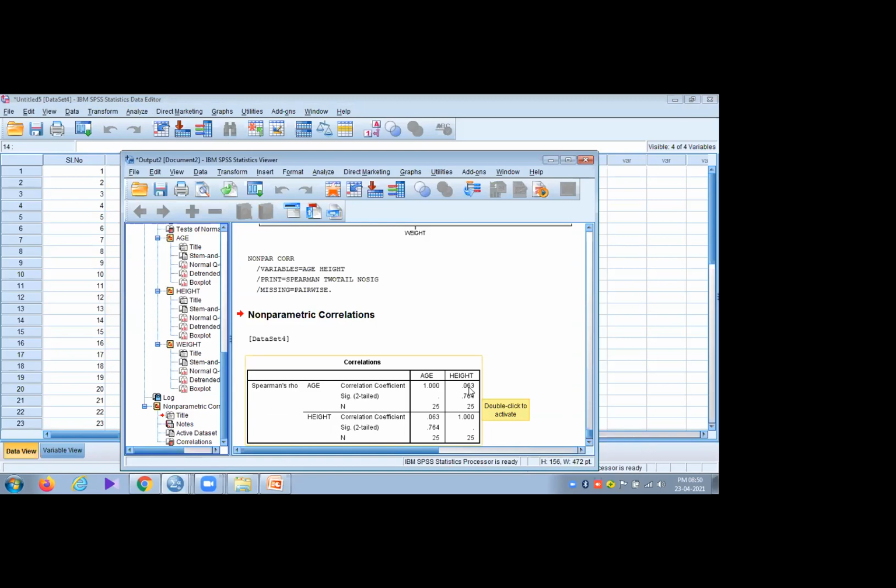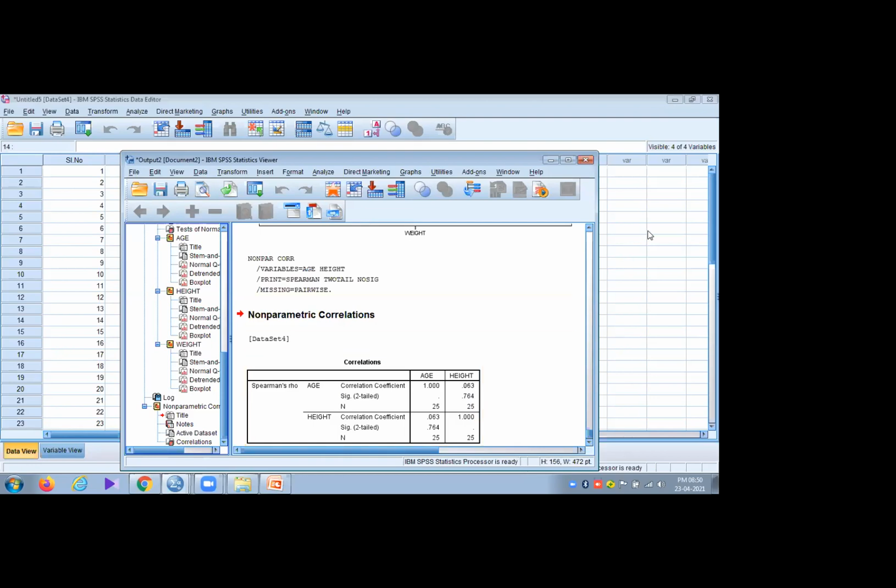Here we can observe a very weak positive correlation, which is 0.063, and it is not significant also. So there is a positive correlation, but it is very, very weak. As it is not zero, we report it as a positive correlation, 0.063, but a weak positive correlation.